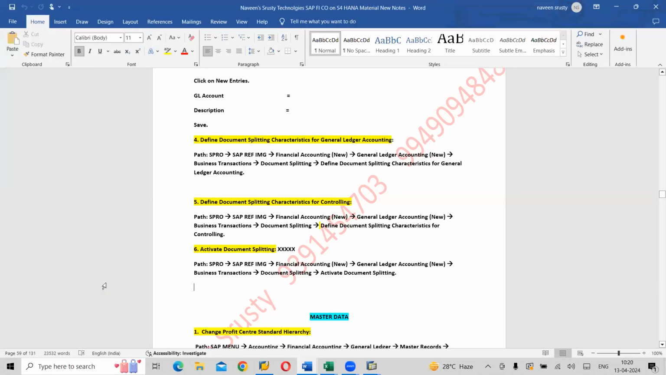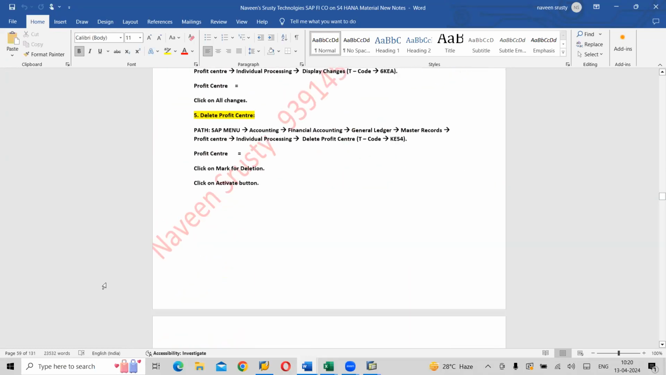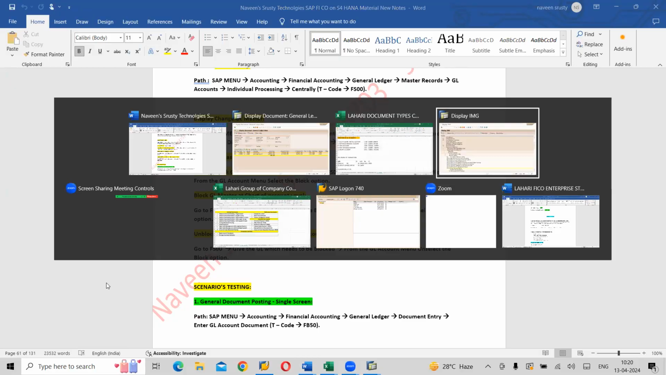Next one. After this, we will see a few more postings, but before that, I would like to do some changes. Changes in GL Masters. Write down, changes in GL Master. So I would like to change one GL account description. For example,